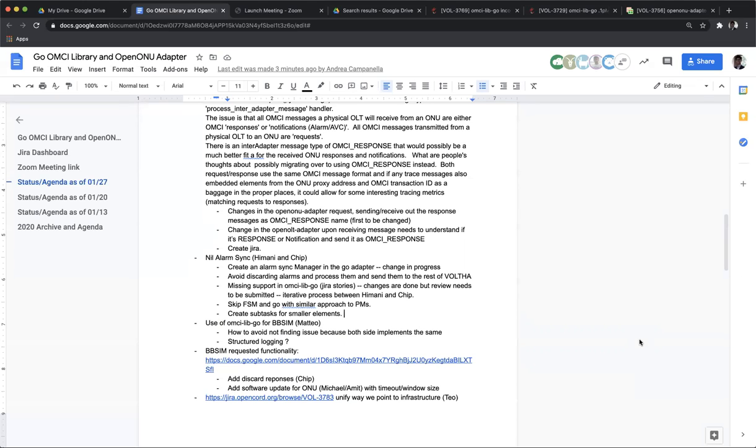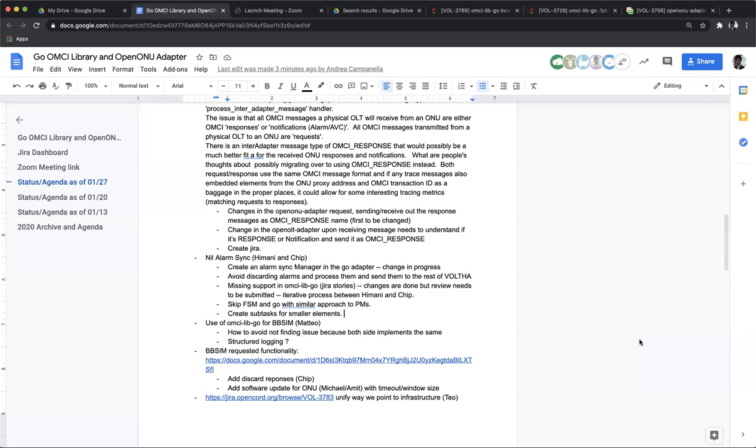Oh, okay, thanks. But just to confirm at a high level, the UNI ports are reported to the ONU adapter via the PPTP message. Is that correct? Yes, either that or the VEIP. So the PPTP UNI is probably the most common. Depending on which kind of port you're reporting, but for now we only support PPTP. Okay, and that happens as part of the MIB upload. Yeah, and I've got the library open.